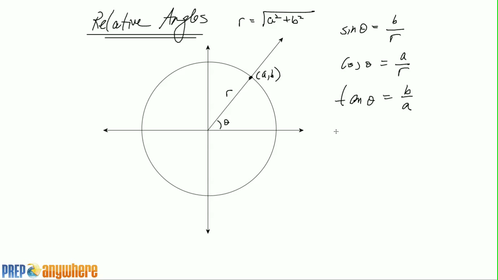Now something really nice happens. Instead of this circle being any radius we want it to be, suppose the radius is set to be 1. What happens to this sine theta, cosine theta, and tangent theta? B over A, and this stays the same, right? Okay, so what does that mean visually? If this circle is a unit circle, so we call that a unit circle,